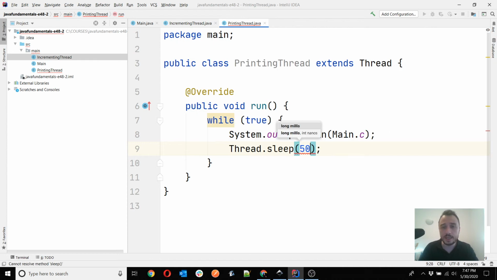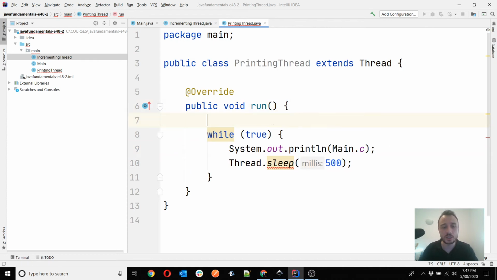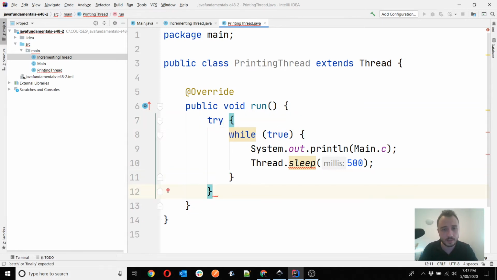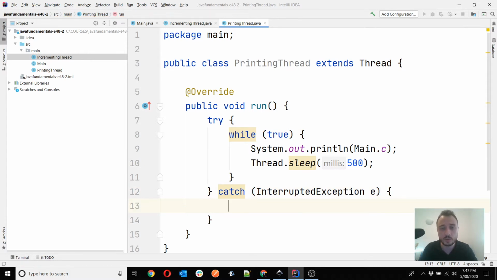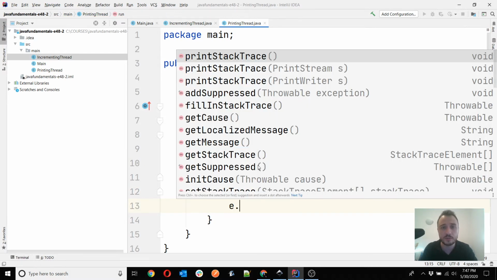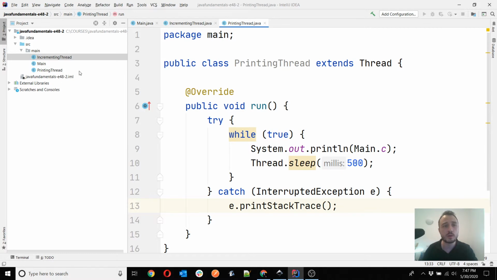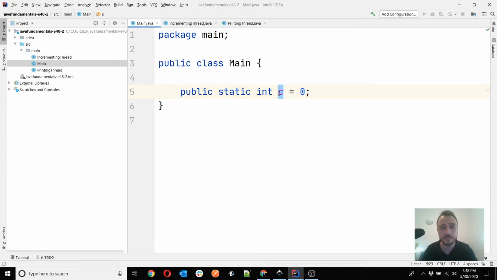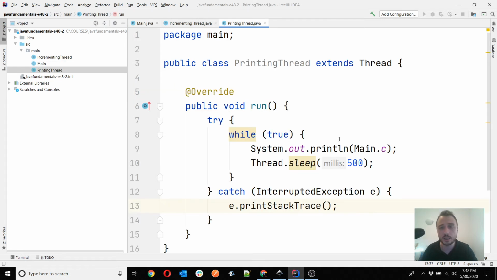So what we can expect in case of such a code that I have written here, if I do start two threads at the same time, one which is incrementing and the other one that's printing, I think it's pretty clear that the incrementing thread is the one changing the value of C, this variable, and the printing thread will be the one printing out the value.